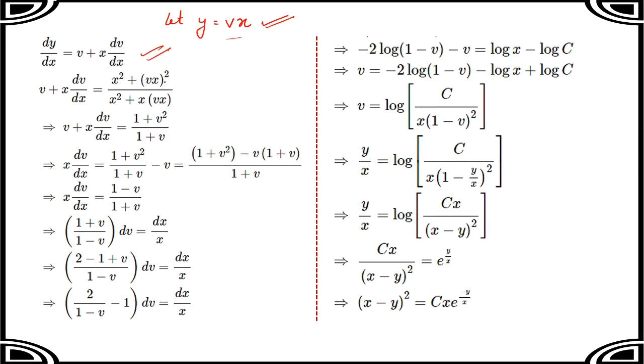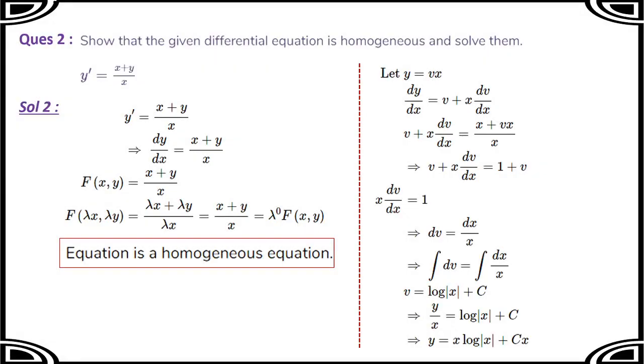After that, take x² common from numerator and denominator and cancel. We'll take this v to the right side, minus v, take the LCM. Separate the variables and then integrate. After this step, we are integrating to get the answer. And integration, I hope everybody knows very well how to do.